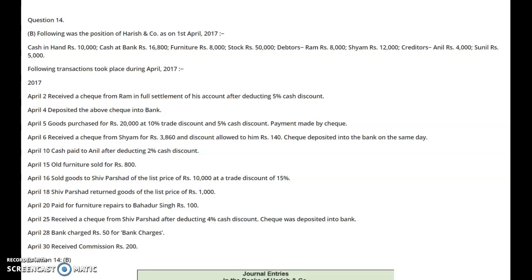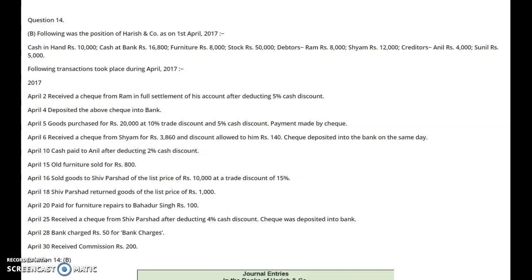So we have to see that all the assets must be equal to the liabilities and the capital. Now in some cases when the total does not agree, suppose the asset side total is less than the total of liabilities and capital, then the difference is to be transferred to the debit side to a newly opened account known as